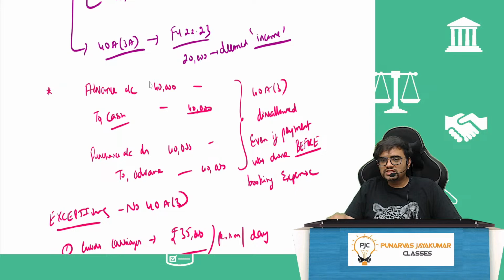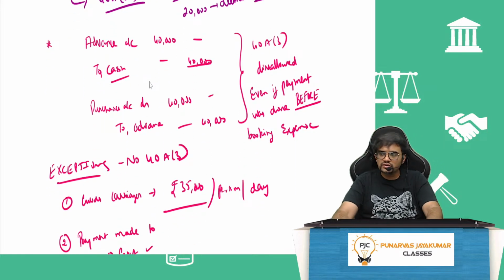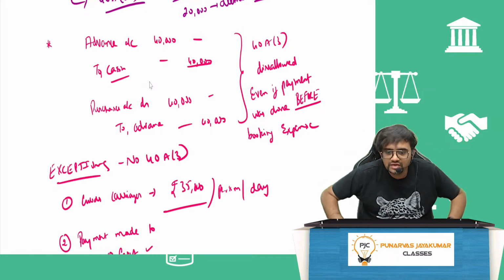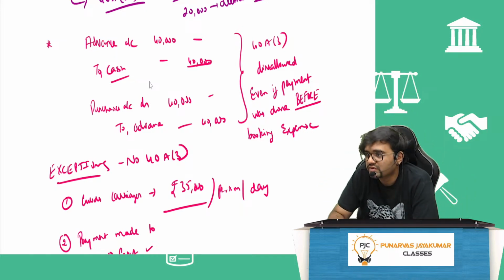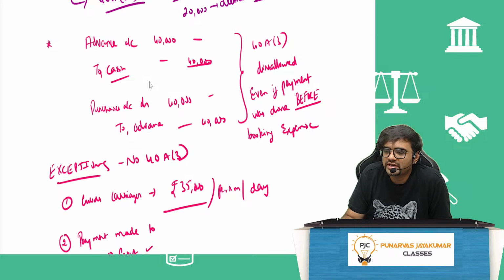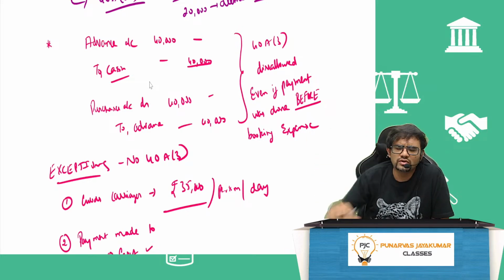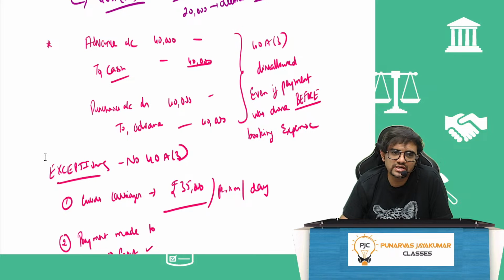Tomorrow you will pass a journal entry, purchase account debit to advance. So the first entry is what? Advance to cash. The next entry: purchase account debit to advance. What have you essentially made? After the advance gets cancelled, it is nothing but purchases to cash, hence disallowed. So all these other golmaal entries people were making are disallowed.